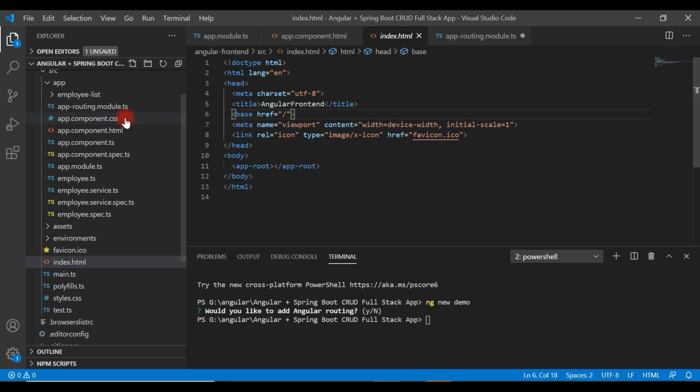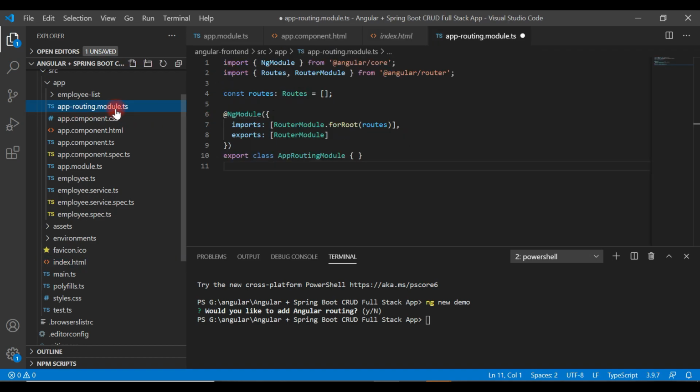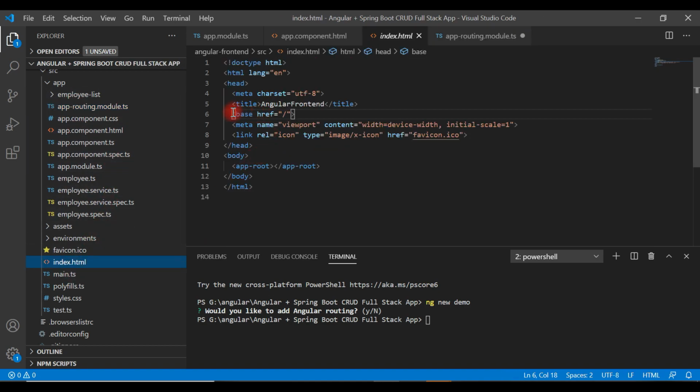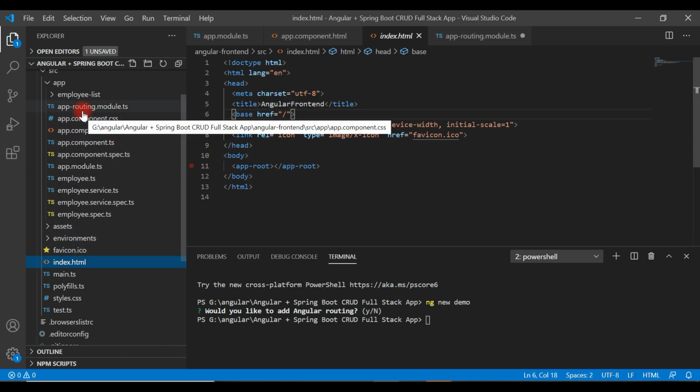The second step is you need to create app-routing.module.ts. We have already configured routing using Angular CLI, so Angular CLI already created all the necessary files that are required. But if you don't configure routing while creating the application using the ng new command, then you need to manually configure routing like this. So the first step is to provide a base tag in index.html, and the second step is to create